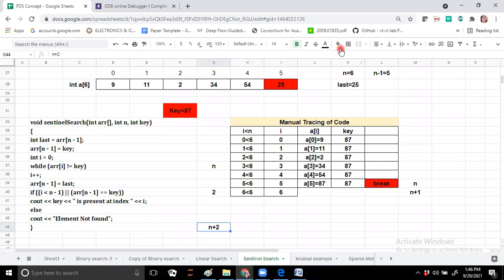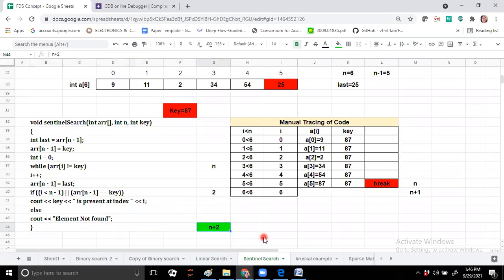So here we can say that for sentinel search we require n plus 2 comparisons. First comparison is array of i not equal to key, which will go for the nth element, and second two comparisons are i is less than n minus 1 and array of n minus 1 equal to key.